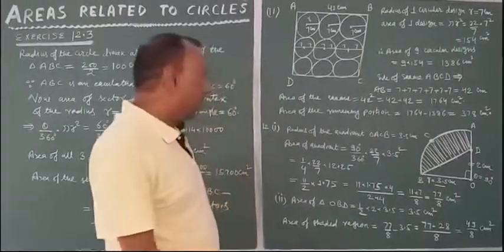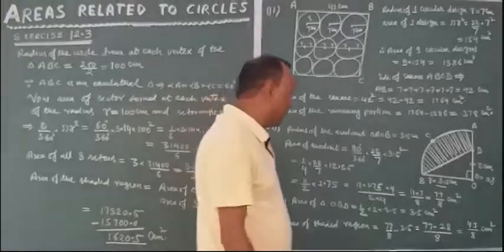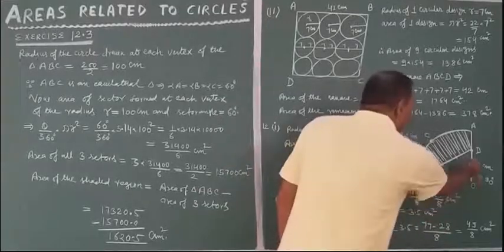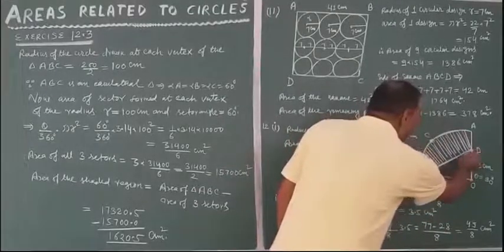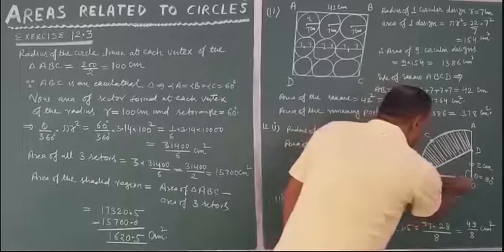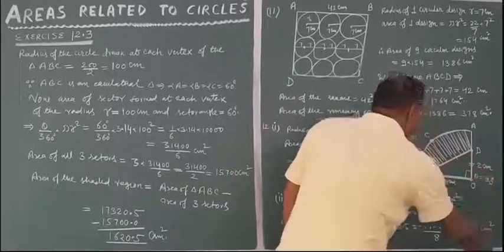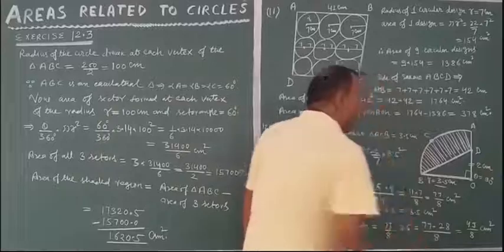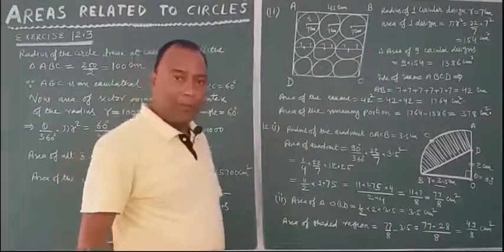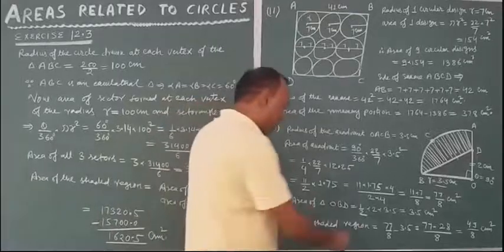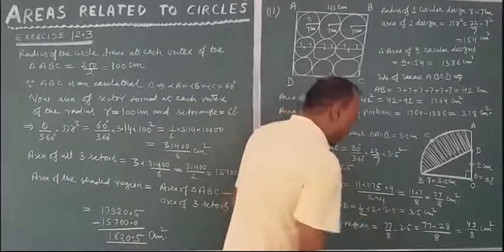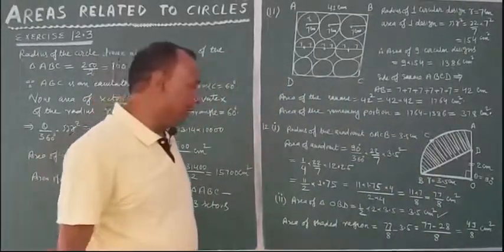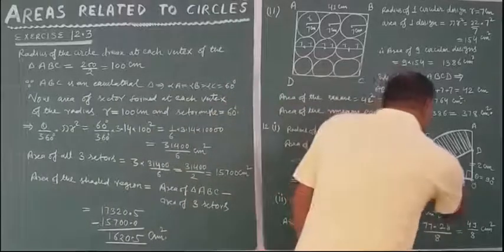Second part is to find the area of the shaded region. So this is the shaded region. The area of this shaded region will be given by the area of this whole quadrant minus the area of this triangle, triangle OBD. So what will be the area of triangle OBD? Here the base is given 3.5 and height is 2. The area of a triangle is given by 1 upon 2 base into height. So this is 1 upon 2 into 2 into 3.5. We will get 3.5 centimeter square. So the area of triangle OBD is 3.5 centimeter square.